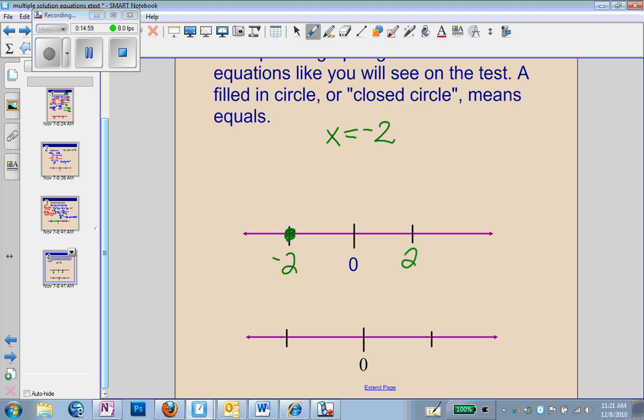What about if I have x equals 6? It sits on the right side. I would put a negative 6 on the left side and a 6 on the right side and a closed circle on my